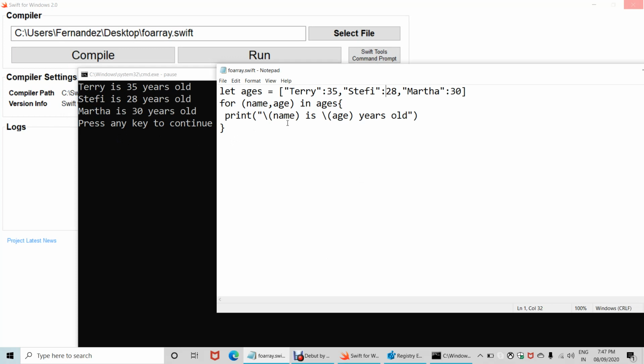Got it. So we have seen what a for loop is here. A for loop starts with the for keyword, and we need to put the iterator. If it's a single iterator, you can just put a single name here, or if it's more than one iterator, you put a circular bracket, and those fields can be separated by a comma. Put an in keyword, which is essential. Then the array or dictionary variable you need to iterate through, that is ages here. You can put whatever statement you want on the inside. When we want to format any output, as we have already seen, you put a backslash followed by the name of the variable.